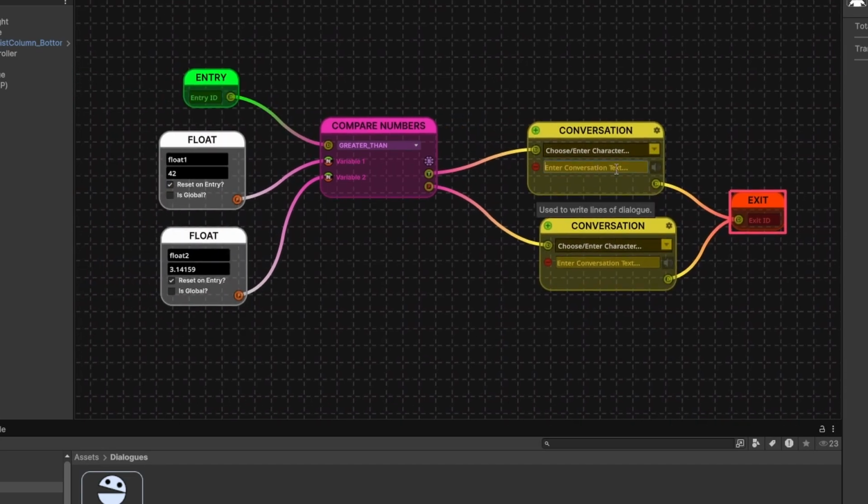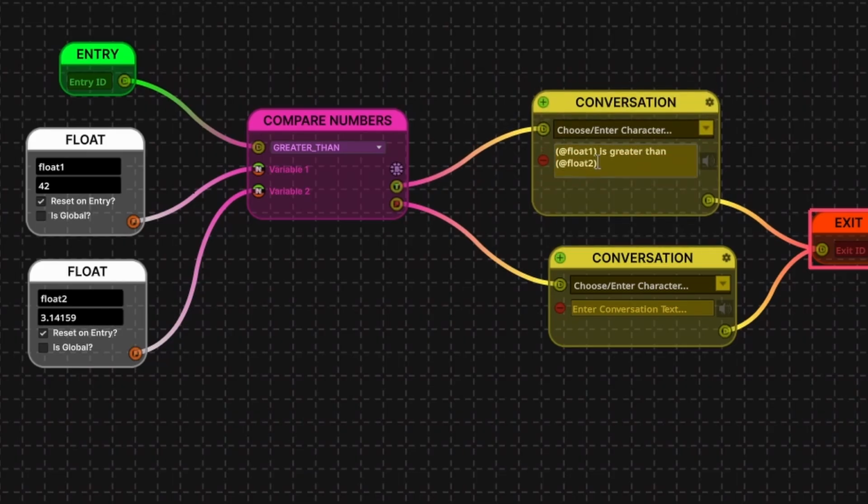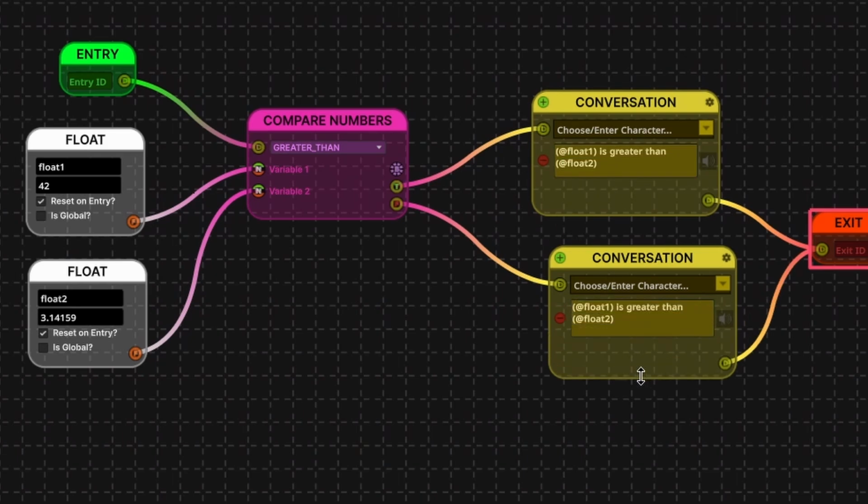And we'll just say float 1 is greater than float 2. And you can see we're using the variable injection technique here, where we're printing out the actual variable value by using the parentheses at variable name format here. And then I'm just going to do this again, and I'm going to say is less than,